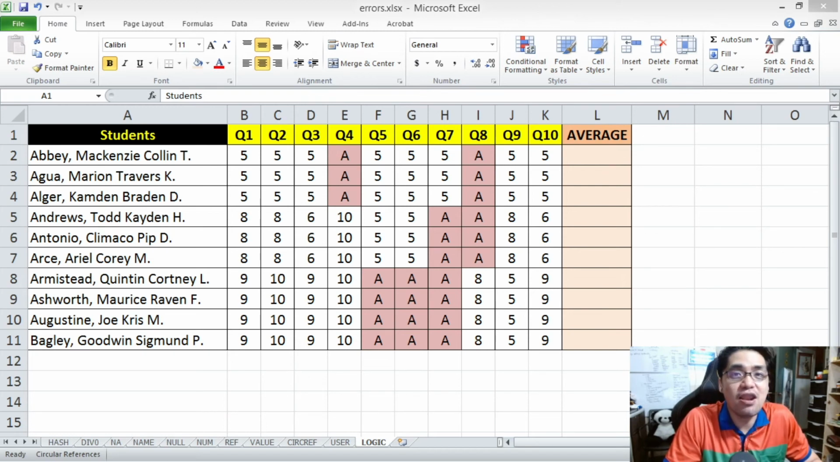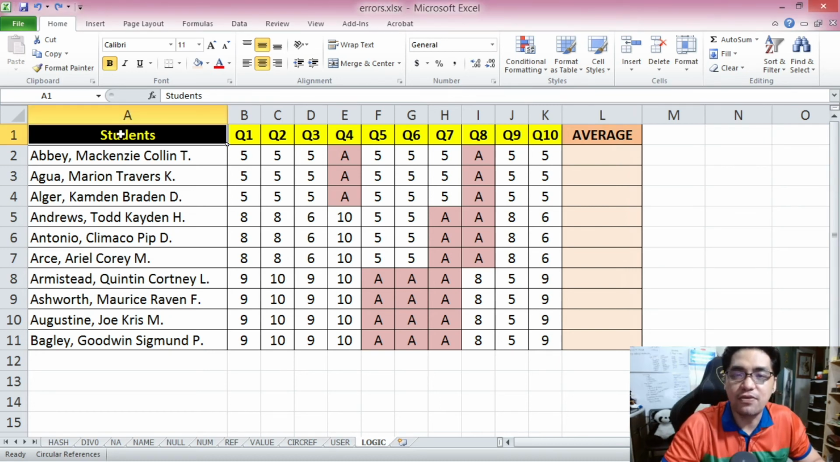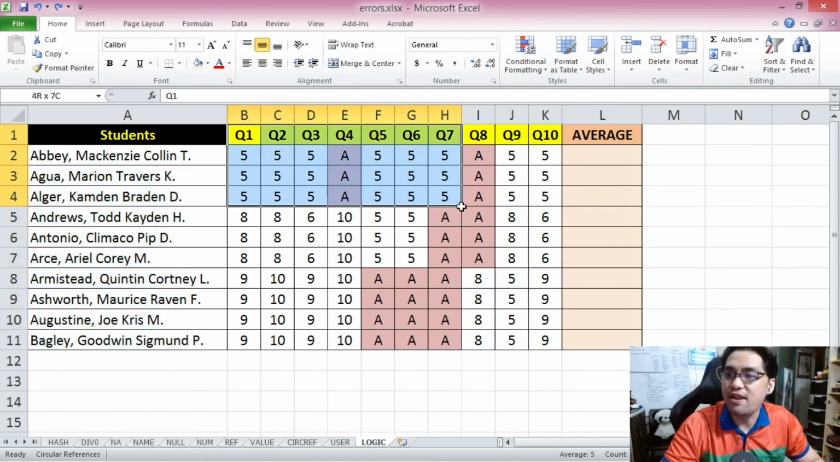Microsoft Excel cannot warn you when logic errors happen. Nobody is there to tell you that it happened. You will only find out sometimes when it is too late. What you can see on the screen right now is a sample class record of 10 students and their 10